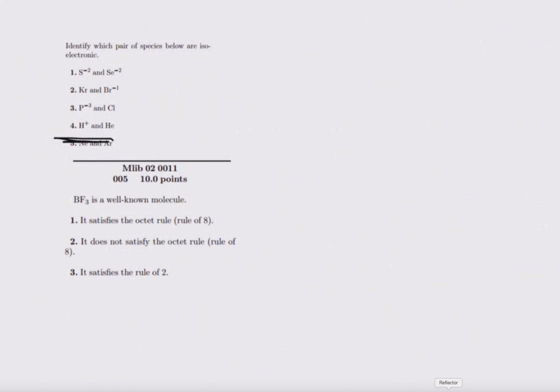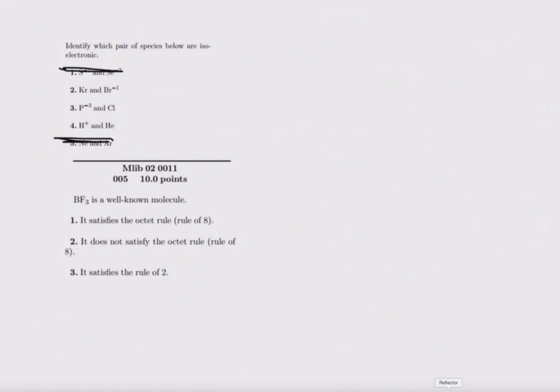These are two different elements with the same charge, so they can't have the same electron configuration, because even though sulfur and selenium are both -2 ions, so the outer shell looks the same, they're on different energy levels, so those aren't the same. So krypton and bromine with a -1 charge,